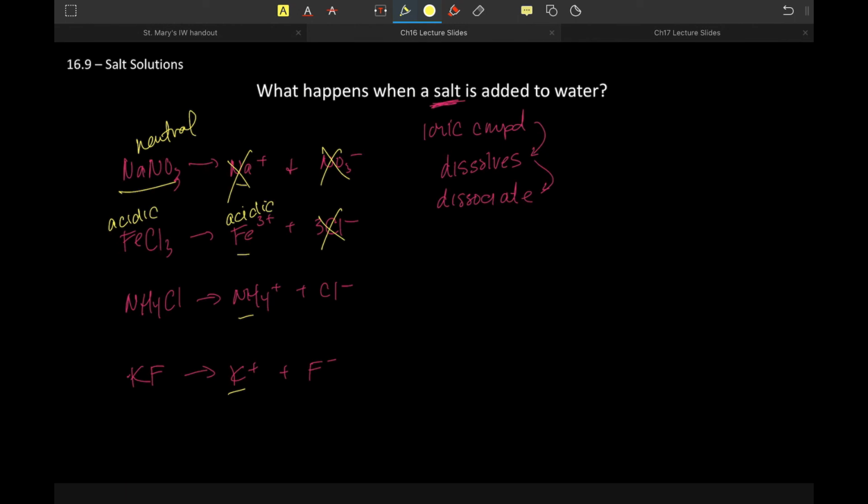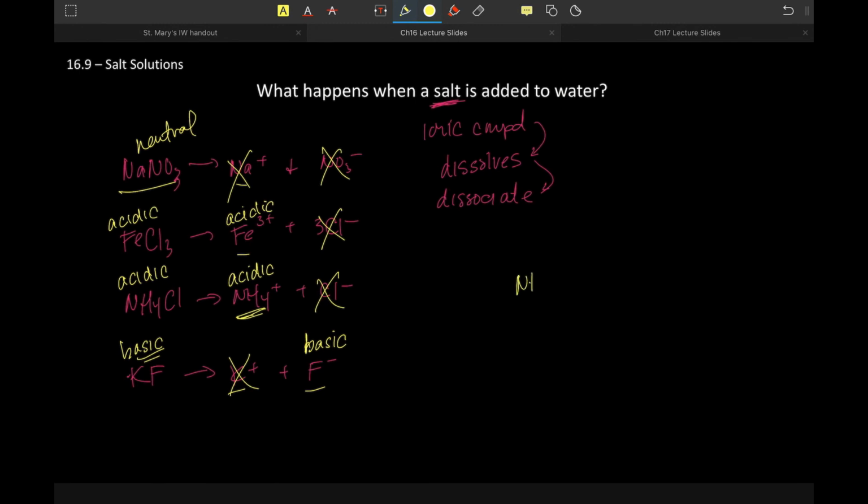This was irrelevant. This, though, is acidic, which means my overall solution is going to be acidic. Here, this one's negligible. This one is basic, which means the solution of this should be basic in terms of pH,